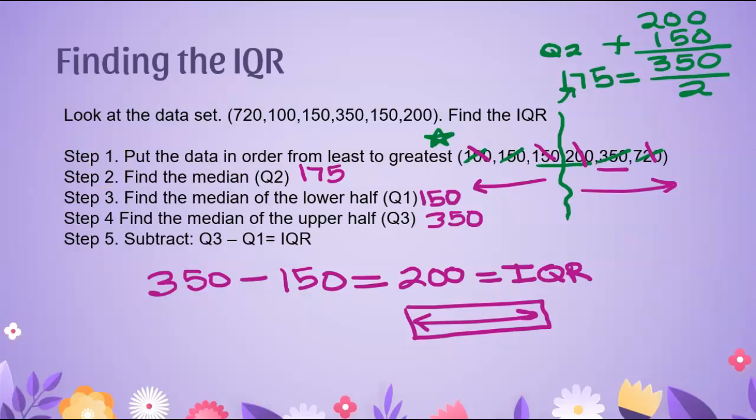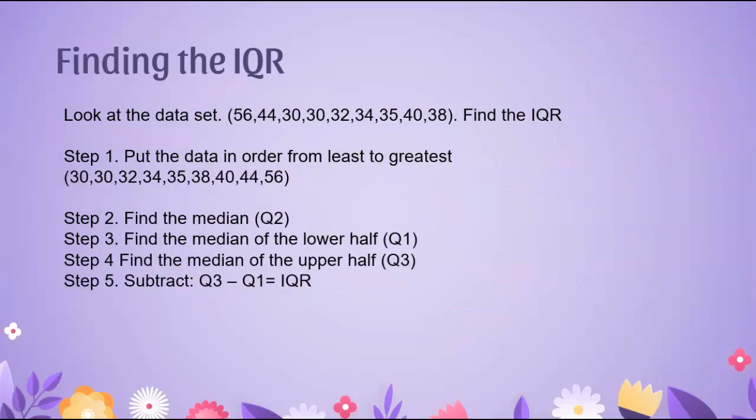Okay, we're going to do one more. So, again, look at the data. We don't have to draw a graph if you don't want to. I mean, you still have to find the 5-number summary to find the graph. And to find the interquartile range, you need to find those quartiles. So, you know, you don't really need to draw the graph. It's just asking you for that range of the box. So here we have our interquartile